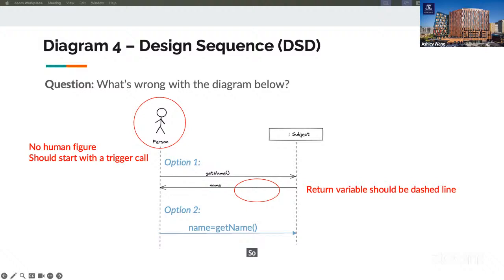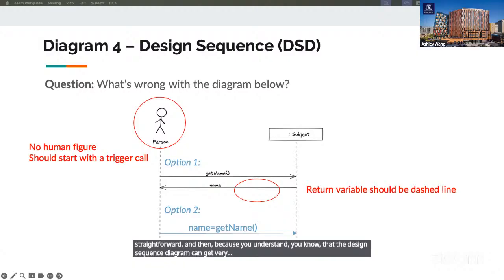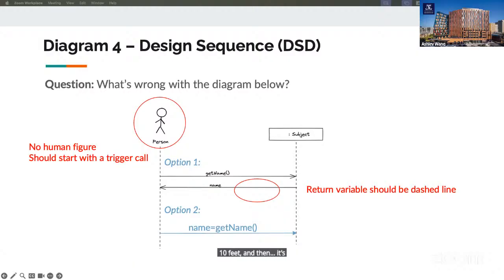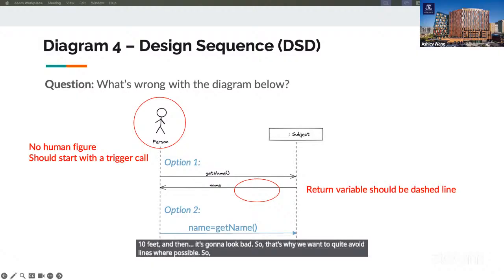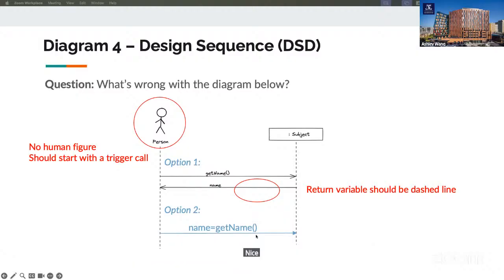Both are fine. Personally, I'll go with the second option because it's more straightforward. The design sequence diagram can get very lengthy and then it's going to look bad, so we try to avoid extra lines where possible. Ideally, option 2 is nice and simple.